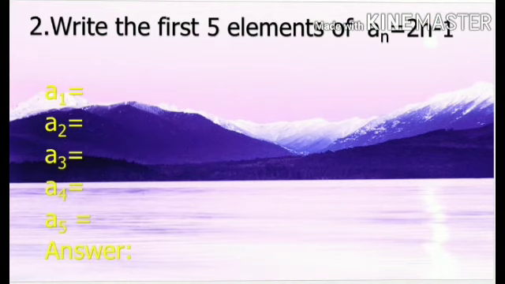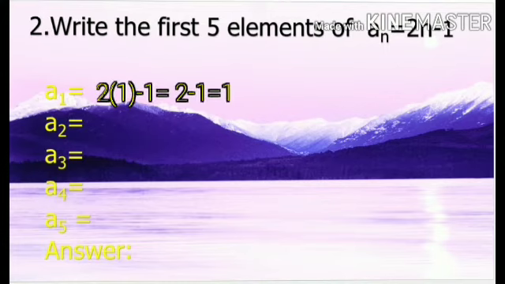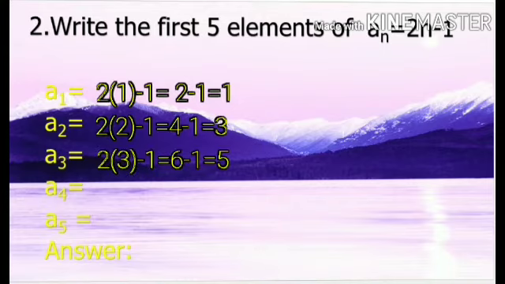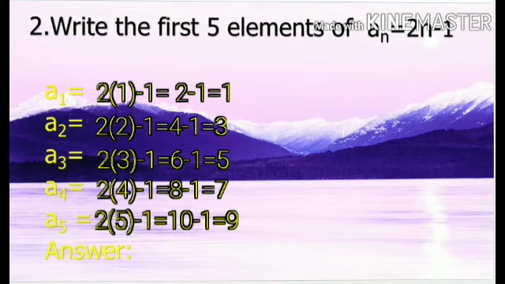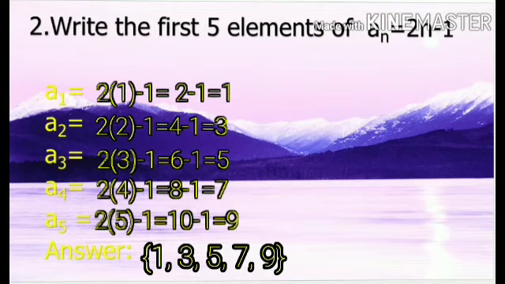By this time, let's have the first 5 elements of a sub n is equal to 2n minus 1. For the first element, substitute 1 to n so that will be 2 times 1 minus 1 is equal to 2 minus 1 which is equal to 1. So the first term is equal to 1. By substituting consecutive integers, the second term will be 3, third term will be 5, fourth term will be 7, and the fifth term will be 9. So, the first 5 elements of a sub n is equal to 2n minus 1 are 1, 3, 5, 7,